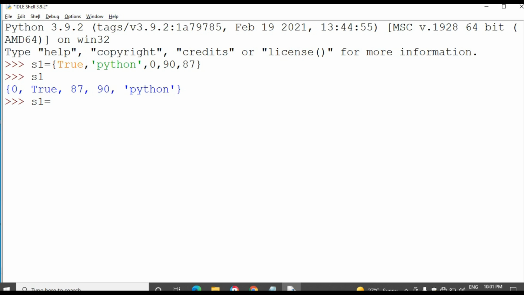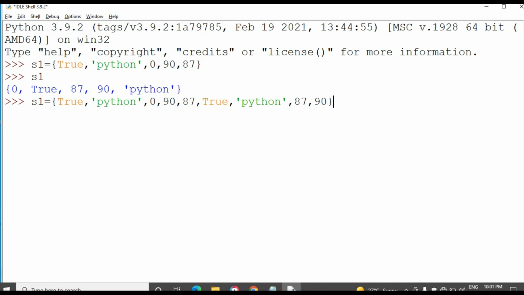Taking the set as set 1, and taking True again, Python, 87, 90.